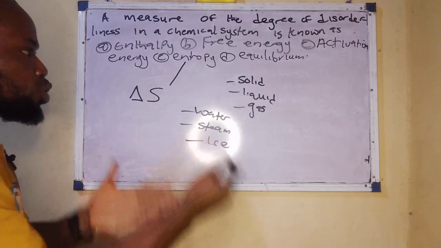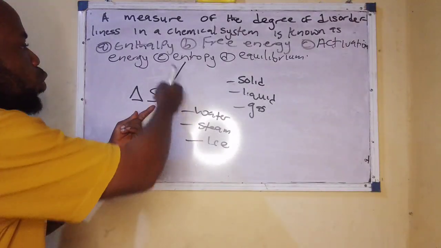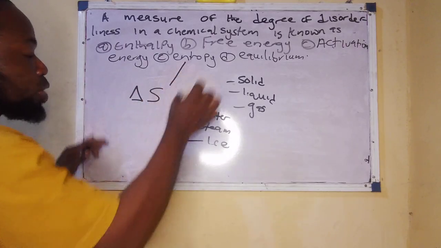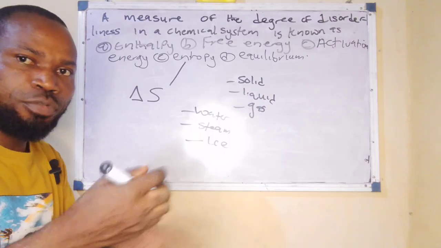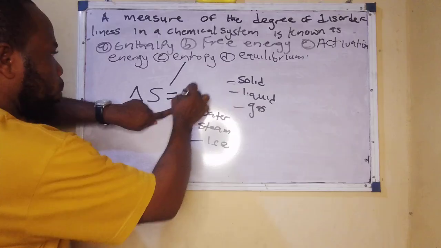Entropy is the degree of disorderliness or randomness of a system, and it's represented with S. So if I now say delta S, I want to calculate for delta S. Most times in our examination we are asked to calculate for delta S. You put this formula at the back of your mind. Delta S is equal to